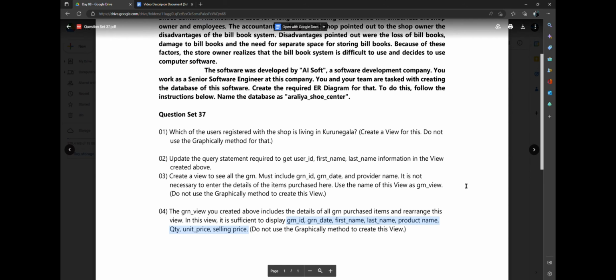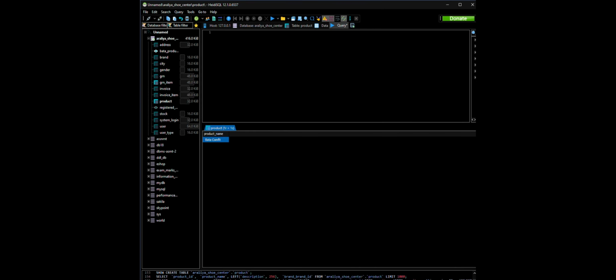Alright, so basically this is what we need to do, and this is what we are going to answer in our HeidiSQL right now. We are going to write the queries for this. So for our question number 1, we need to find the details of the users who are living in Kurunegala. So basically here we need to create a view